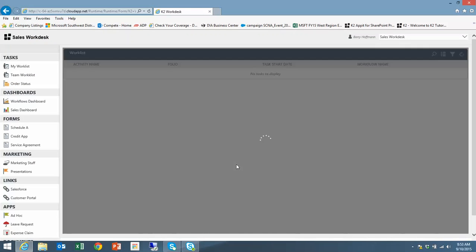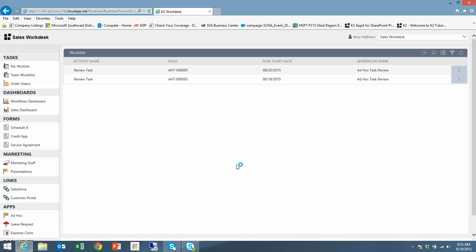And for those of you who aren't familiar with K2, we're a business process automation, no-code business applications platform that allows you to build really amazing solutions for your business. We've got 4 pillars: forms, workflow, data, and reports. And in this demo, I'm actually going to show you a K2 Smart Form that's been modified into a sales